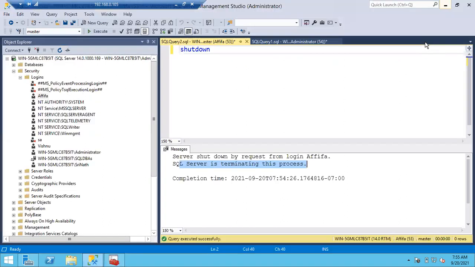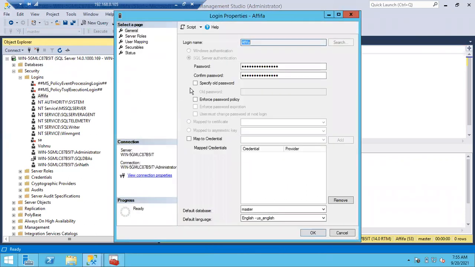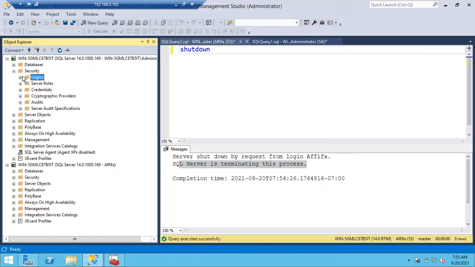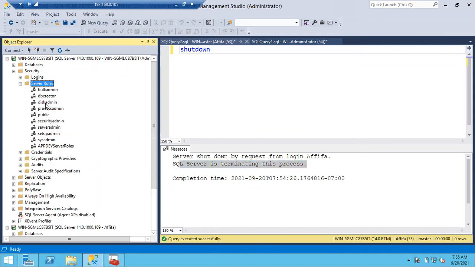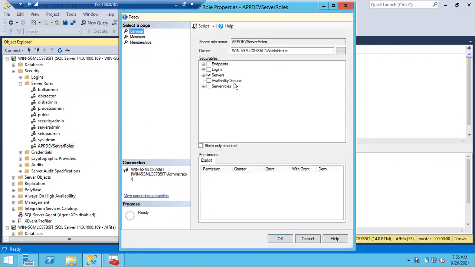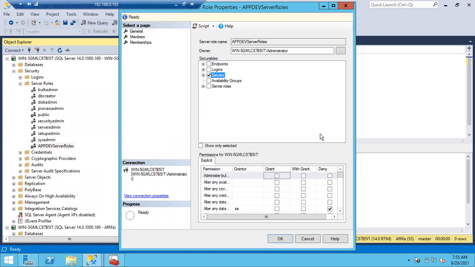So that's how customization works. Customized server roles means simply you can add permissions. Later, if I decide to change some of the permissions, I go to this server role, to the General page. Here I want to remove the shutdown permission. If you want to remove the shutdown permission, you can happily remove it.